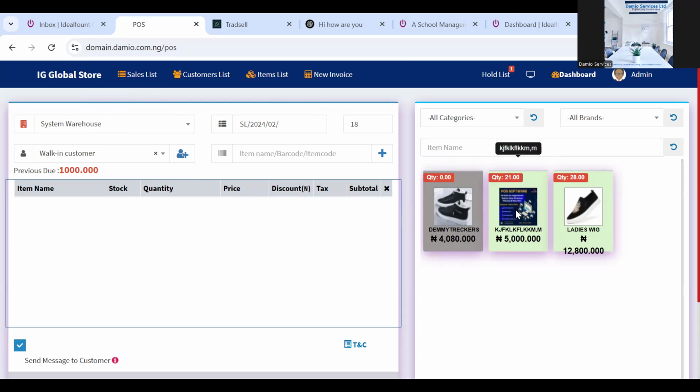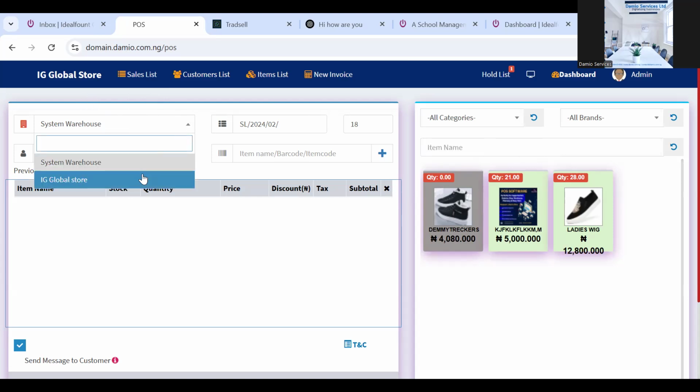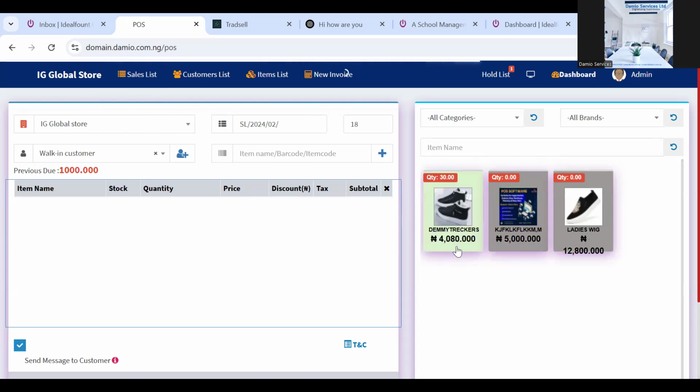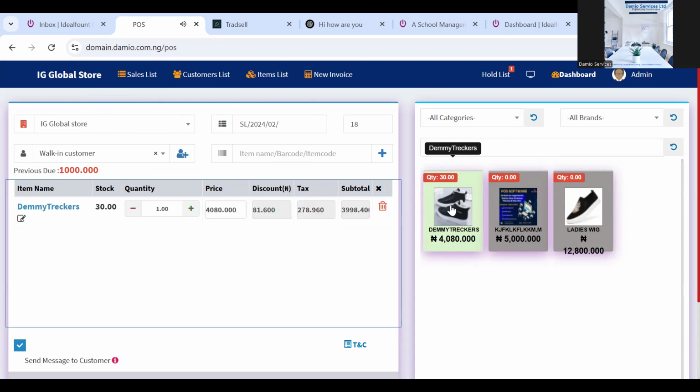Now, I want to sell, okay, let me go to IG Global Store. Now I want to sell these demi trackers at the rate of 4,018 naira. Once I click on it, it will come here. Now I can increase the quantity to 2, 3, 4. The price still remains, but the discounts,